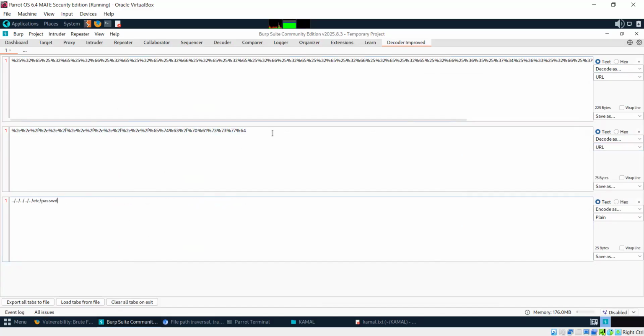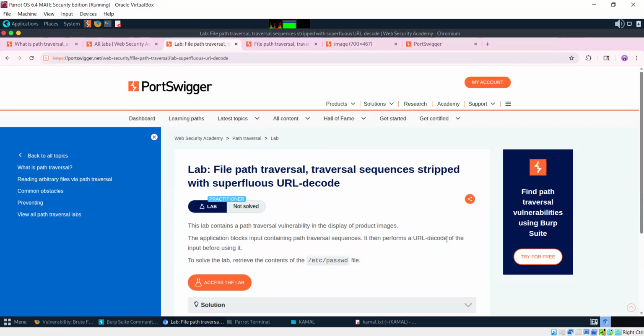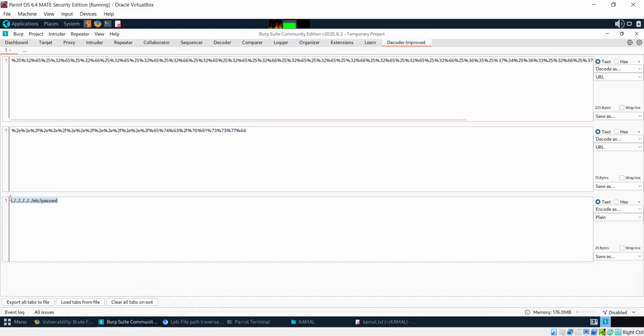So basically, when we provide a single URL encoded value, there is functionality on the application side that will perform URL decoding. And the moment the application performs URL decoding, it will notice this value. So this is a known value for the path traversal attack. So there is validation, like the moment this kind of value comes, it will not be allowed and it will not execute. But the moment we provide the double URL encoded format, first the application will decode this one,